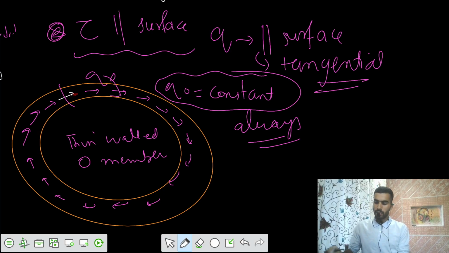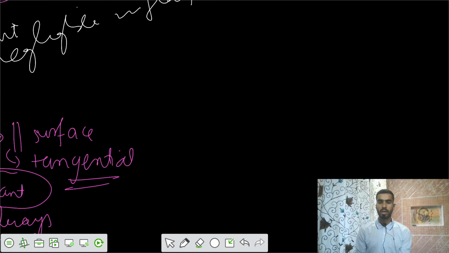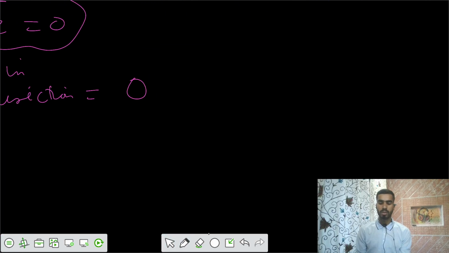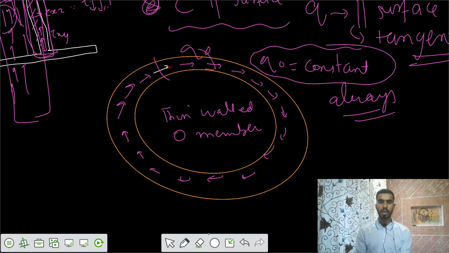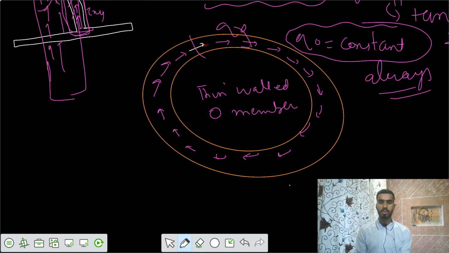So we got this part. If you want to take a few more problems, a few more variations, let's say we have this circular section. You can also show that based on the depth, the shear stress would be 0 here,